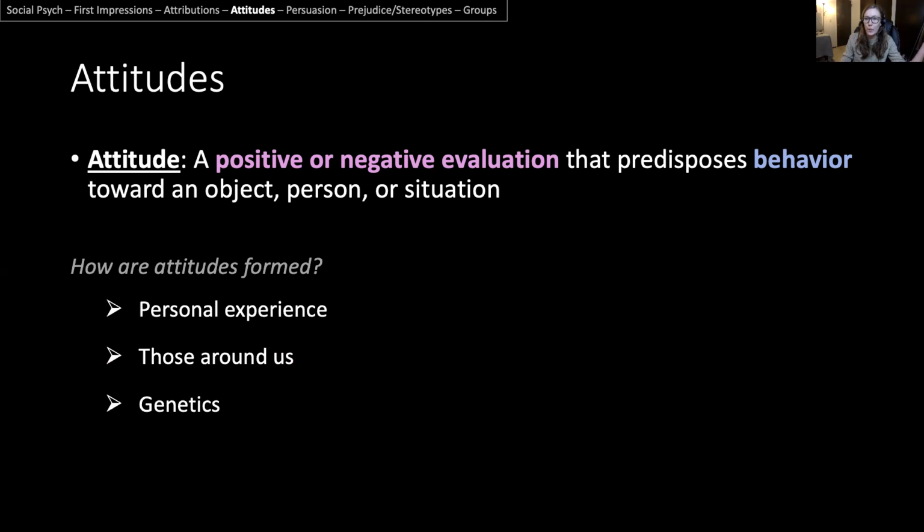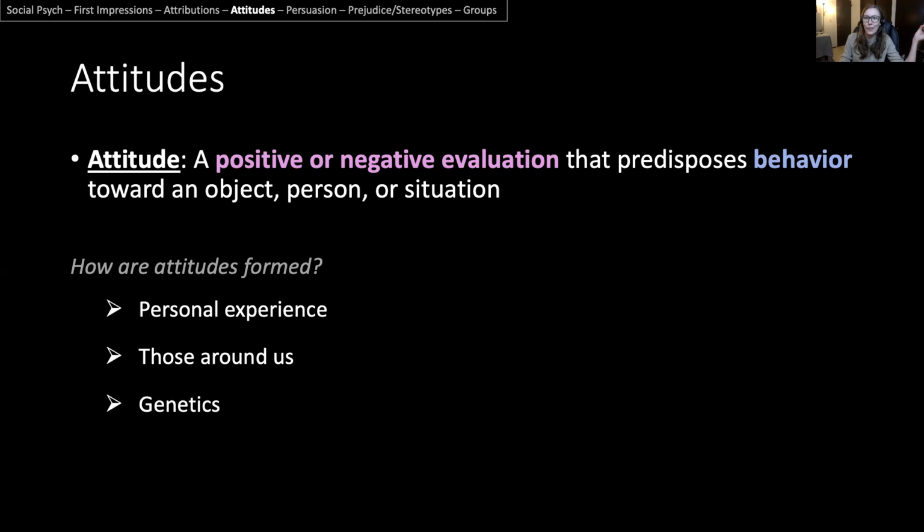But also, we form attitudes based off those around us. So we tend to adopt the attitudes of our friends, our family, and that kind of strengthens our chances of being socially included in things, right? So let's say you're not an ice cream person at all, but you might start to form a positive attitude about ice cream if your friend group likes to go out for ice cream on Friday nights. That's like the similar thing if you've dated someone and you pretend you like their same music so you can fit in, right?